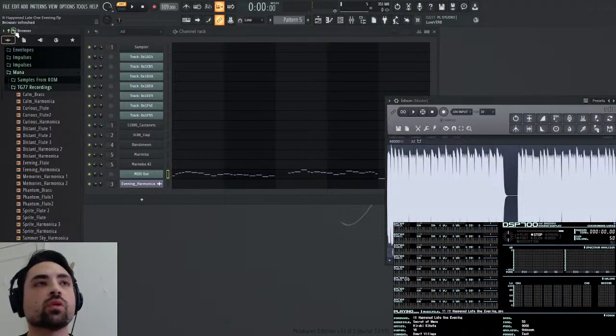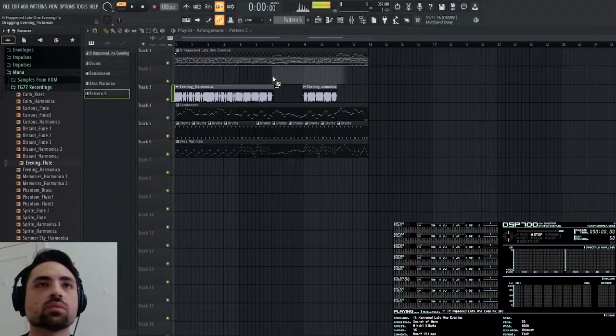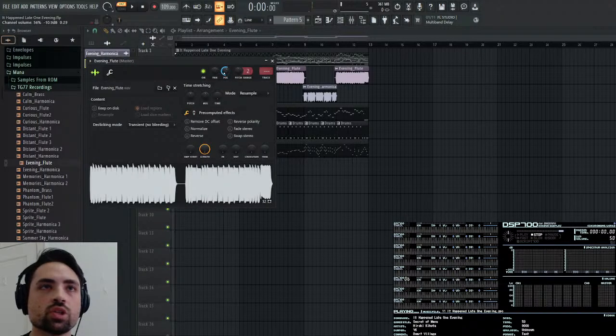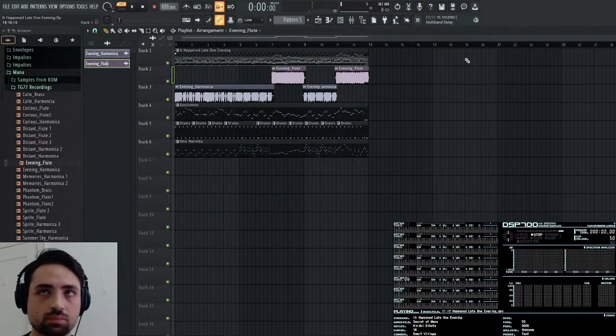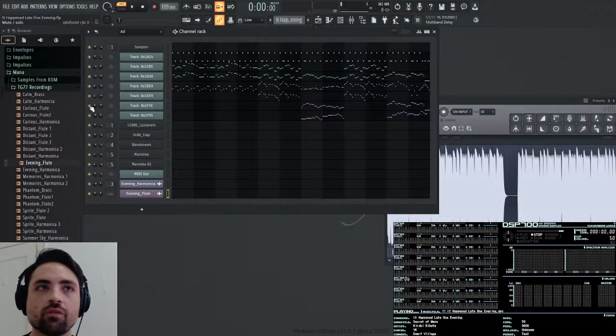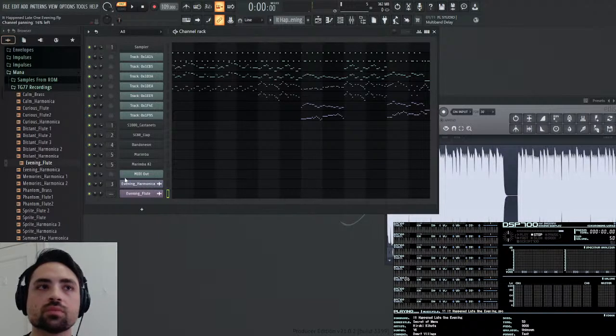And so now we refresh the browser and now it'll show up here. Let me insert one. And now we want to make a cut on that space there and then move this section away to the end. I also want to take the volume of the recording down. And let me go and see what is our panning for this one. So for that flute, it should stay 16% to the left. So let's copy that value and paste it on to the flute.